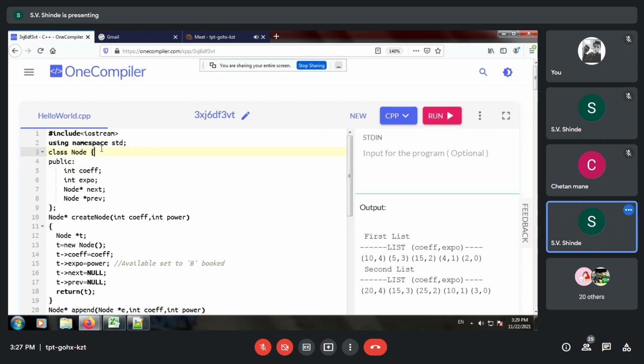So if you want to represent a linked list as a polynomial, over here we'll change the structure of the node. First we'll have a coefficient and second data member is the exponent. Yes, participants, able to see the node structure?